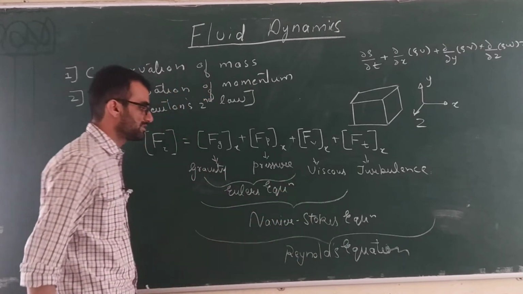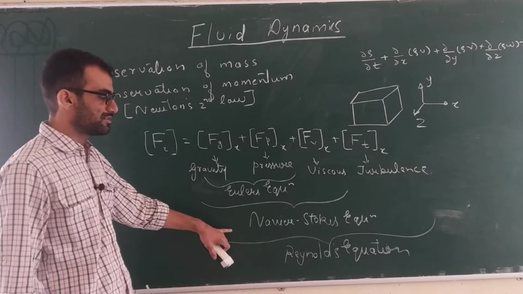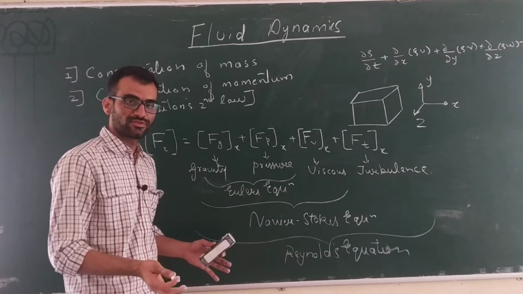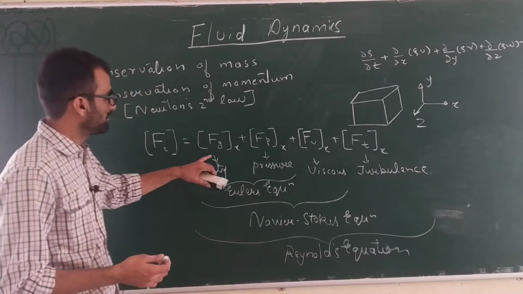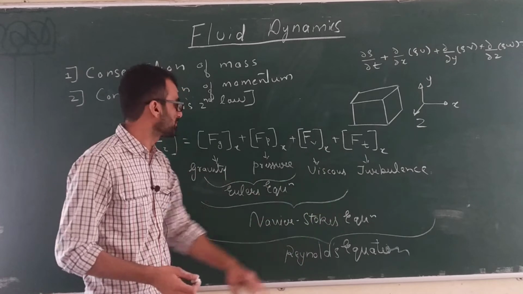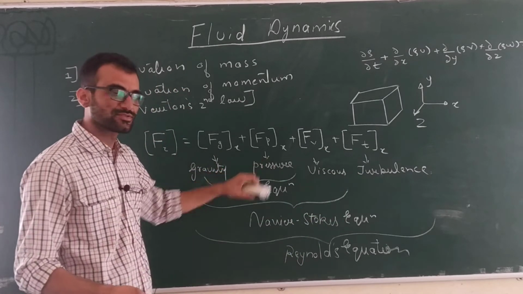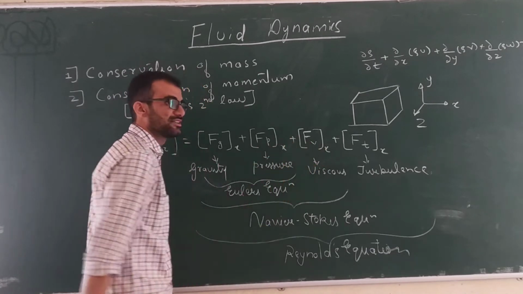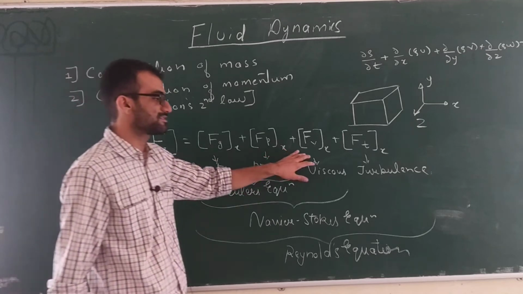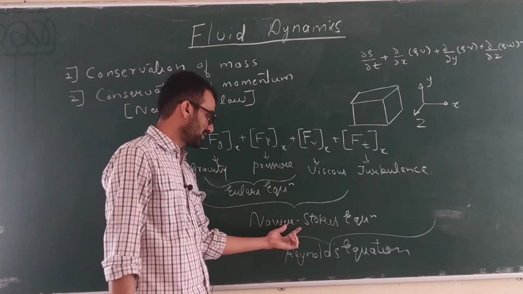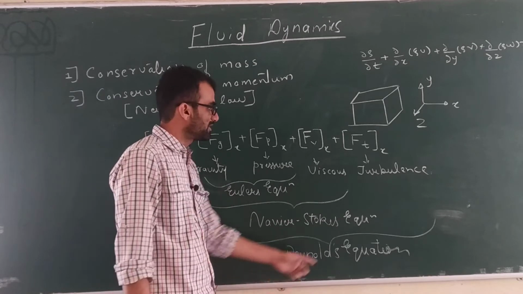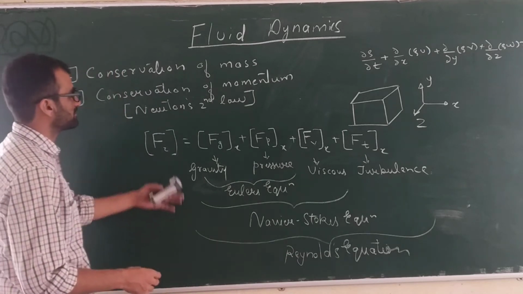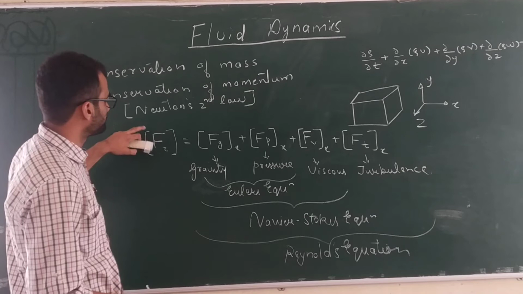Okay, so these are the various equations of motion depending on the complexity of the problem. If you assume that the flow has zero viscosity, that the flow is an inviscid flow, then your viscous force will not come into picture, turbulence will not come into picture, so the only forces remaining are gravity and pressure. If you derive the equation, that is the Euler's equation. If along with this you consider that the flow has some viscosity mu, then the equation that you will get will be the Navier-Stokes equation. And if you derive considering the turbulence also, you will get the Reynolds equation. Okay, so these are the various momentum equations that we get in a fluid flow.